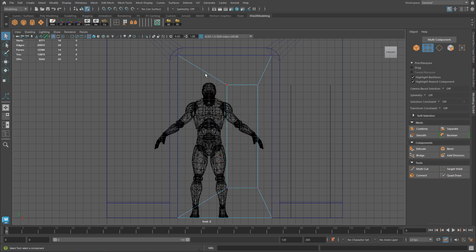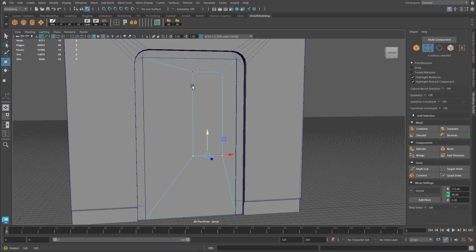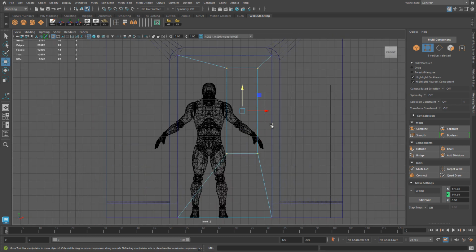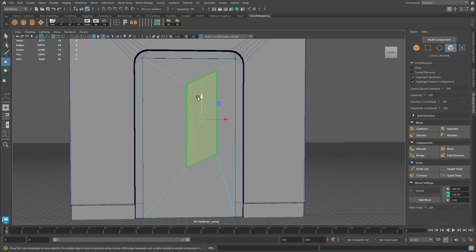Now I'm going to switch over to vertice component mode, and I'm going to start moving the vertices and just start getting the size that I want for that window to be. So the window is going to be right around here on the side. The door handle and the keypad is going to be right here, so I want a bit more space. So I can actually move all the verts to the side a little bit more, like so. And then also let me take these 2 verts and I'm going to move it down. So I want to angle this window opening so it's not straight, and then we're going to curve those inner corners, something like that. Let me go ahead and delete these 2 faces